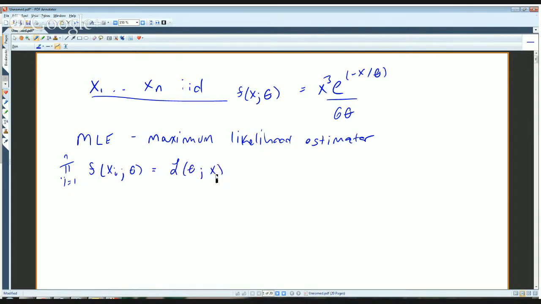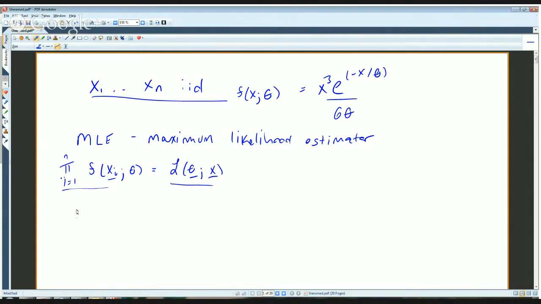Now the distinction between the collection of densities and the likelihood is that the likelihood views the parameter as the function argument,